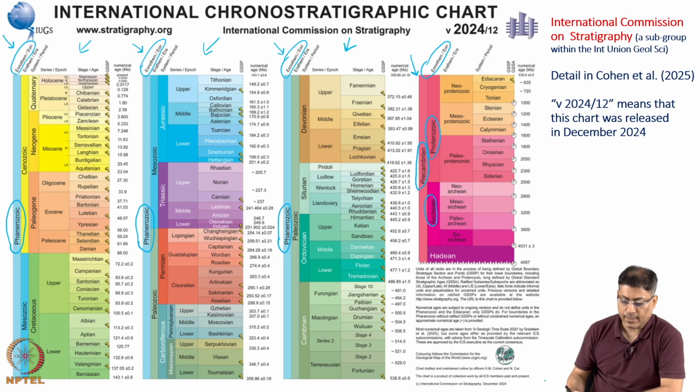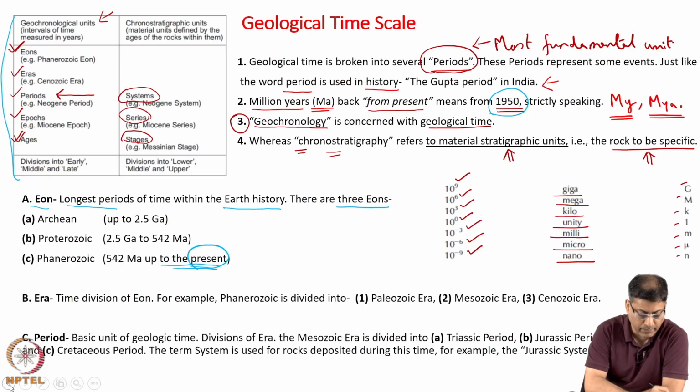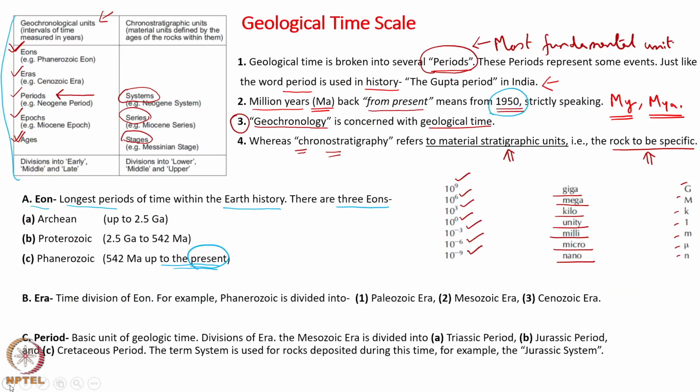Now, as per the latest stratigraphic chart, there is another eon that is known as Hadean, and the Hadean eon varies from 4567 million years up to 4031 plus minus 3 million years. So, what is given in many of the stratigraphy books is not very perfect. We may correct it: there are 4 eons, and here we will write down